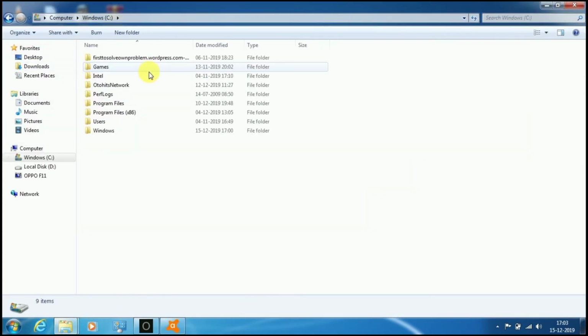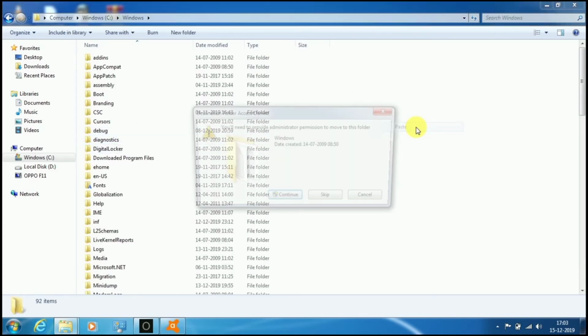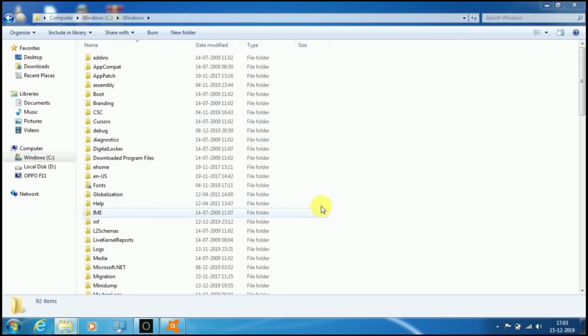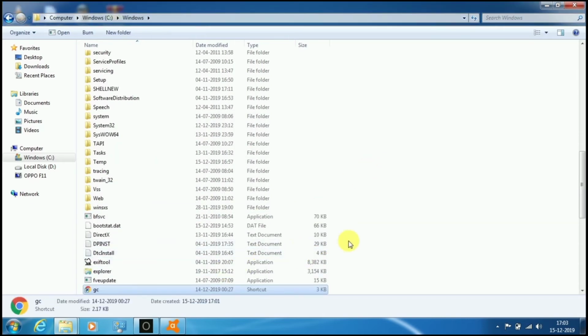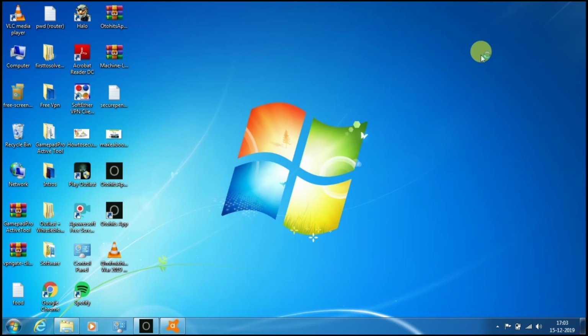Select Windows in C, open the Windows folder and paste here your browser shortcut. So you can see the GC browser in my Windows folder. So close the tab, refresh.